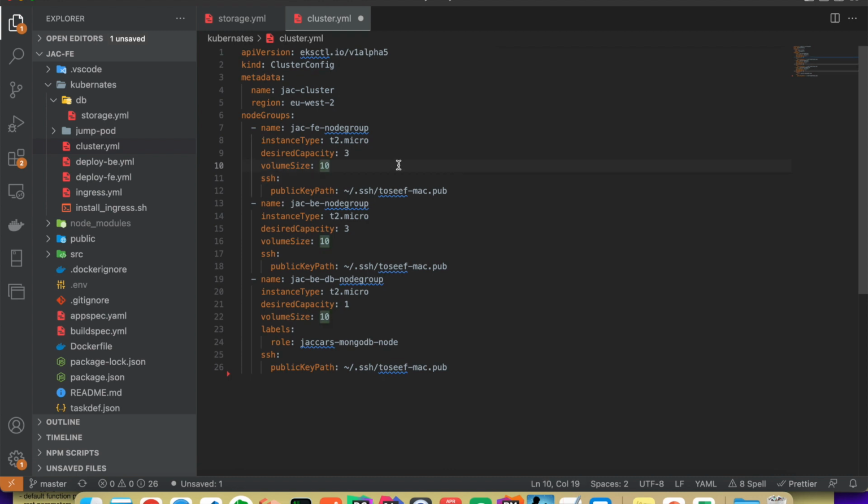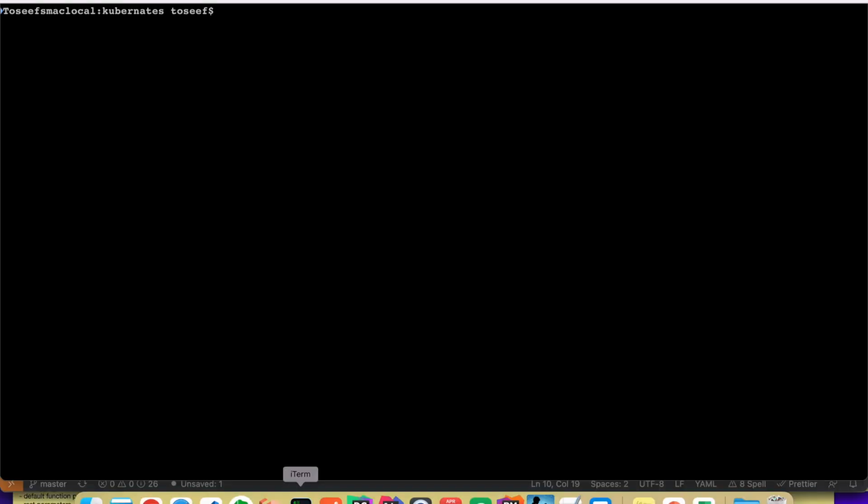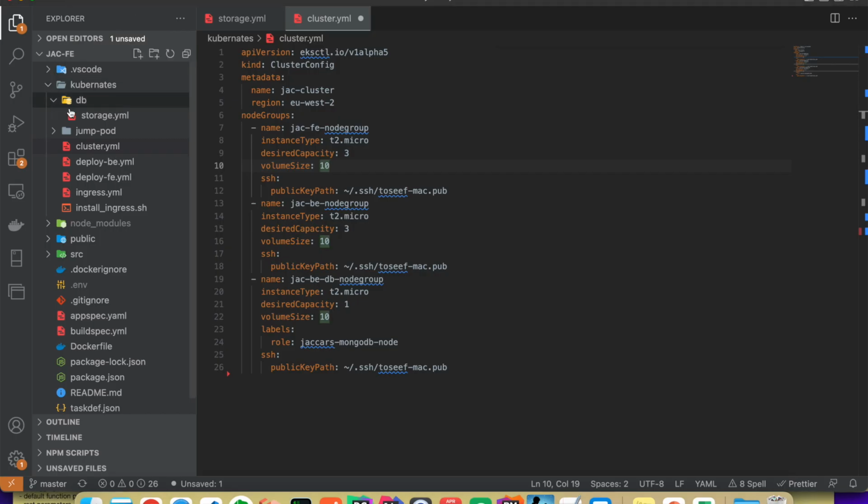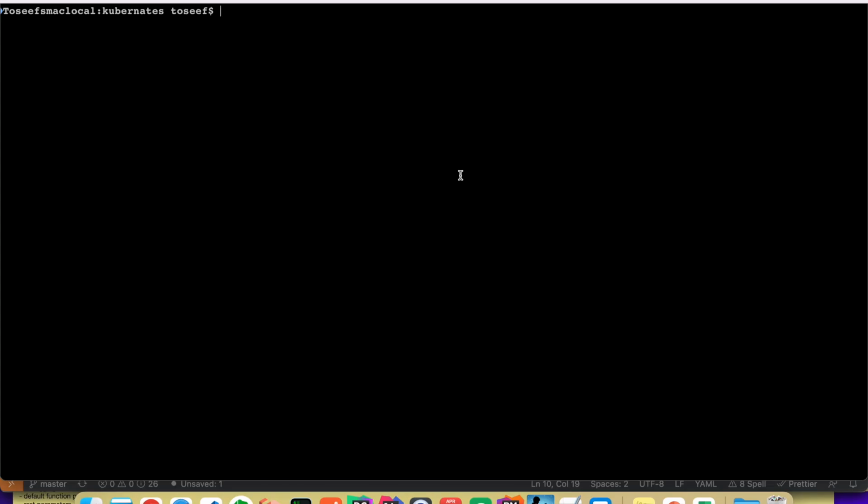Right. I think we are at a point now where we can run the commands and set up the infrastructure for our application. Let's get into it. I will go to the command line. I'm already in the Kubernetes directory, which is this one here. Obviously, the first thing I want to do is create my cluster. So I will use the tool that is provided by AWS. I will say eksctl create cluster -f